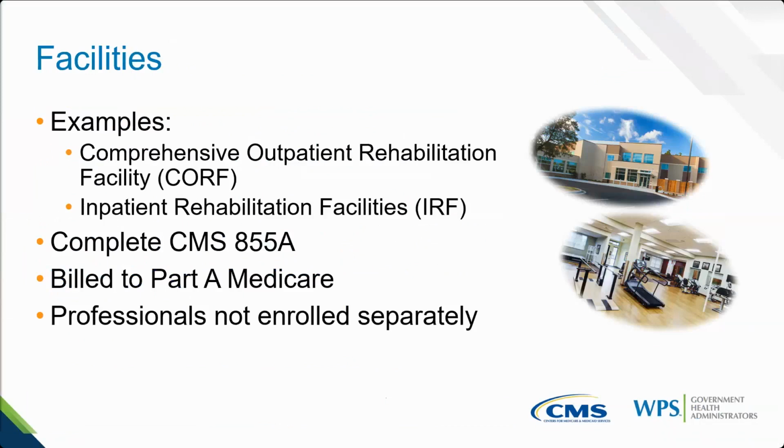Briefly, before we get to some resources and another question segment, I do want to talk about facilities. We mentioned this a little bit earlier with the questions that came in. Fantastic questions. Facilities can enroll for physical therapists, but they're typically enrolling on that CMS 855A. And as was mentioned in that question, they're billing under that hospital's NPI and not independently. That is something that can happen. It's typically for comprehensive outpatient rehab facilities or inpatient rehabilitation facilities. In this case, they are not enrolling their professionals separately because they are coming in as part of that facility on that UB04 or that 837I transaction.